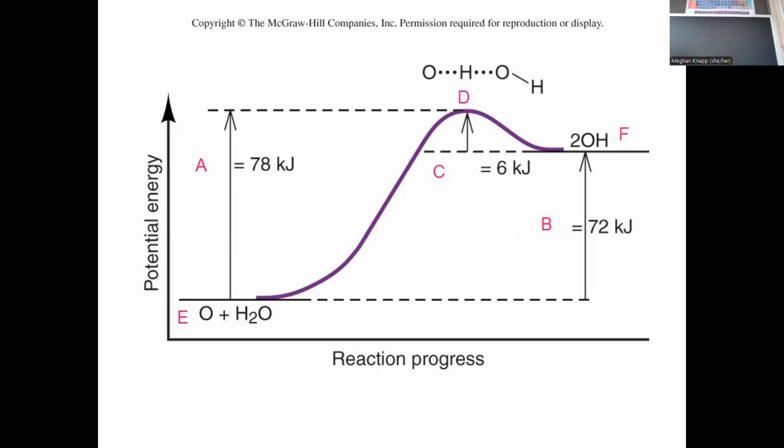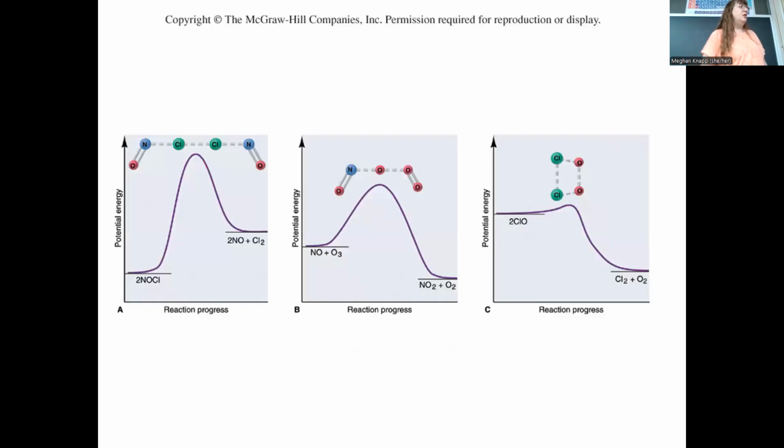Which letter corresponds to the transition state? D is where our transition state is found. So often we'll put like a star symbol there, or you'll see like a fancy cross on some graphs there to illustrate that. All right, so here are some different diagrams showing different endothermic versus exothermic and showing different reaction